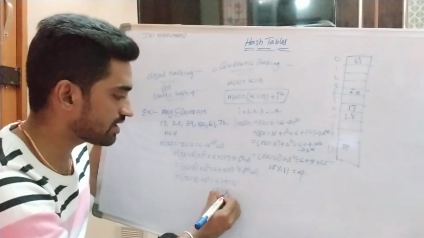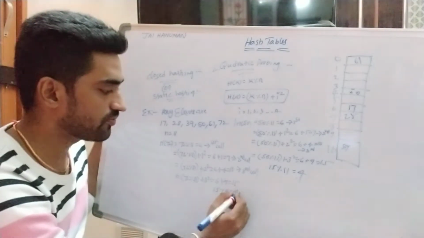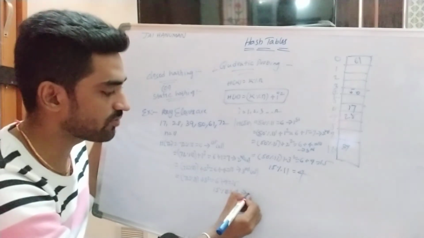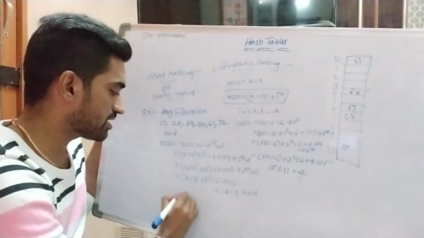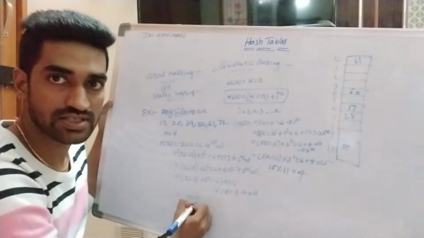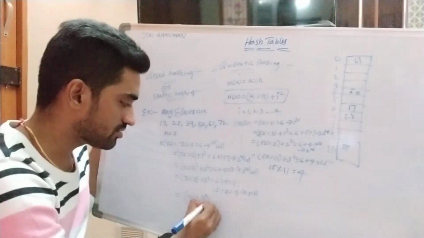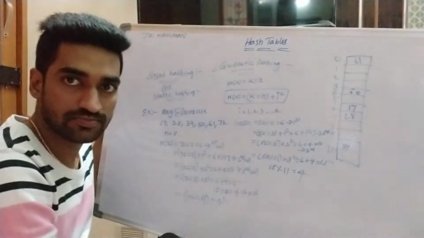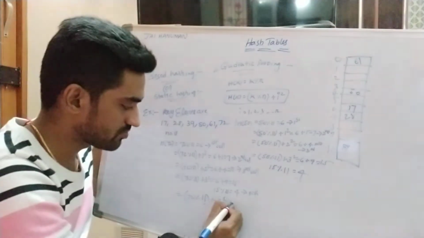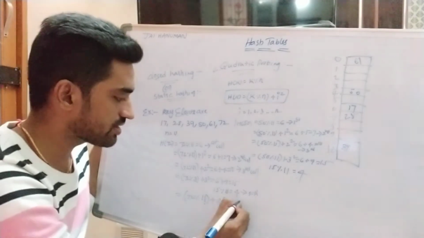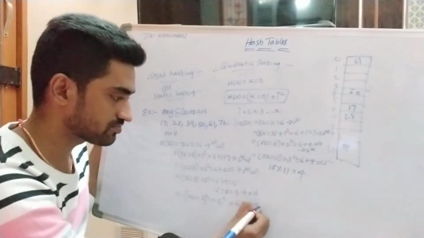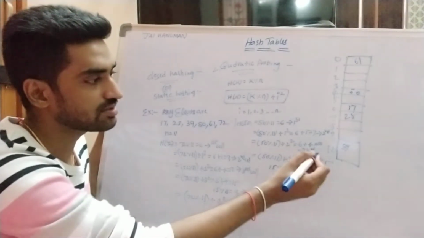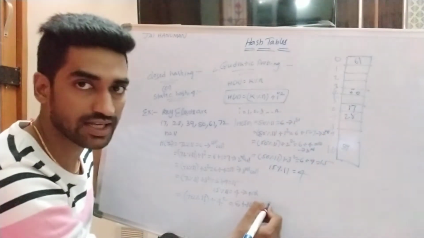15 modulo division of 11, which is equivalent to 4. So at the 4th position, the 50th element is placed. So that's why the 4th collision has occurred. Again we are applying quadratic probing. 72 modulo division of 11 plus 4 square: 6 plus 16, 22. So this cannot be present in the hash table positions, so that's why this can be taken as input.